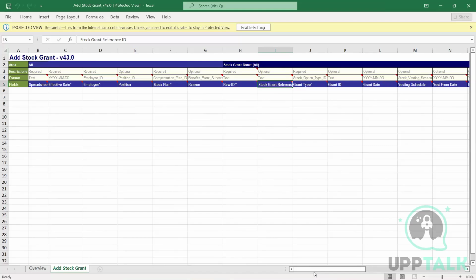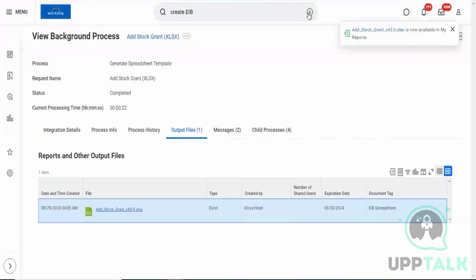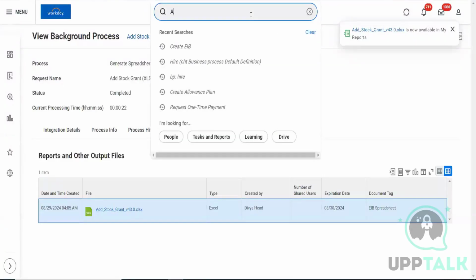Amazing. So this is what normally we have in EIB. You can download it in your practice tenant and review it. So normally, when you go to a task,